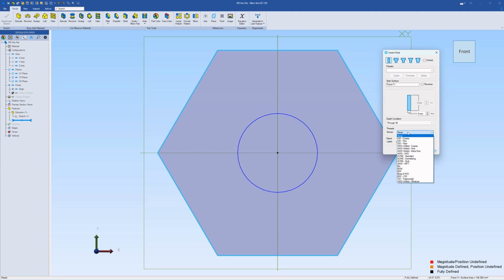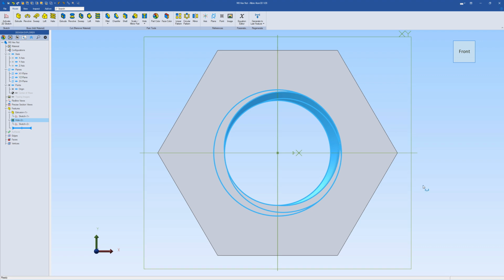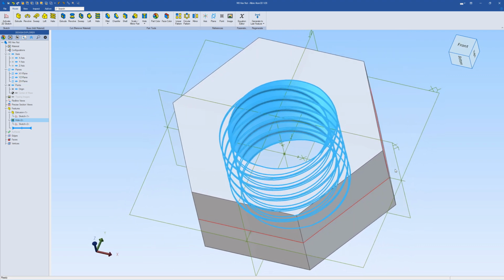And then under threads, I'm going to change it from none to ISO coarse. Then that brings us the thread options, and in this case I'm just going to click the drop down and set it to M8. Now the final detail we need is, if we want this to be a fully modeled thread, we will check the modeled option here and then click OK, and that has now added the threaded hole